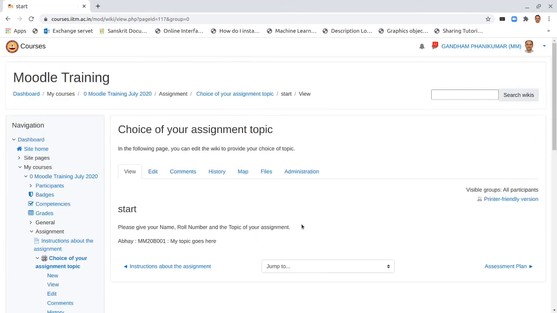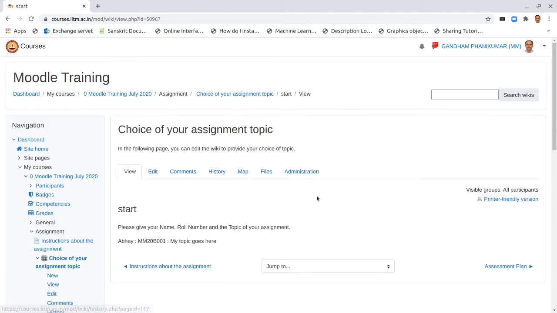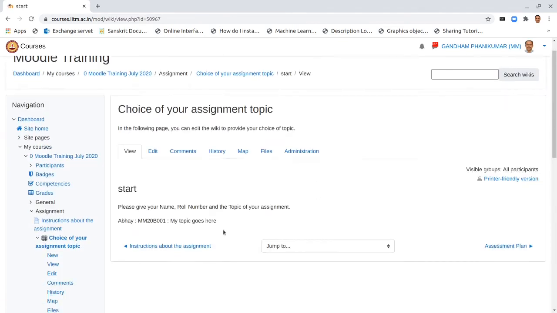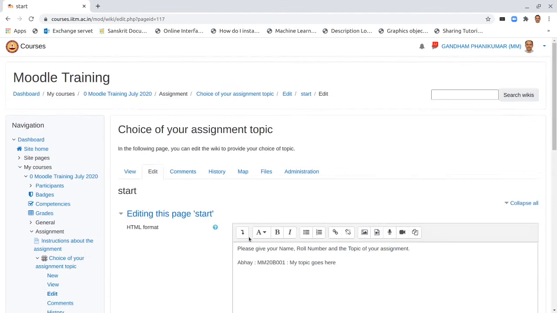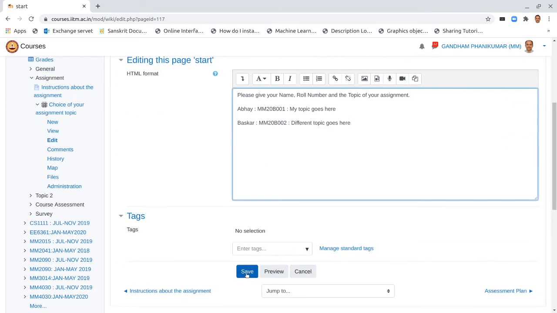it. Now when we go back and visit this wiki again, we could actually see that it is already available, and we can just click on the edit button here and start to edit it further. So the next student would go like this and would give his information in a manner here. So this is how the editing would go on, and each student would add one below other and save.